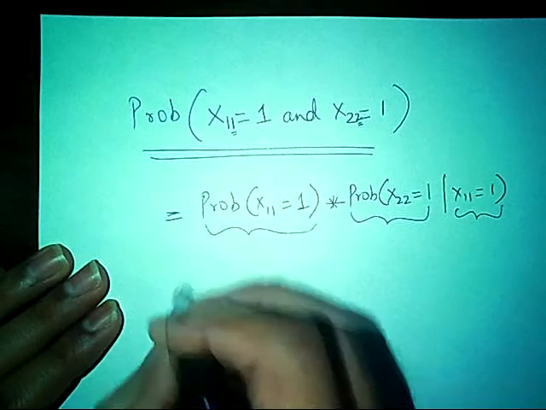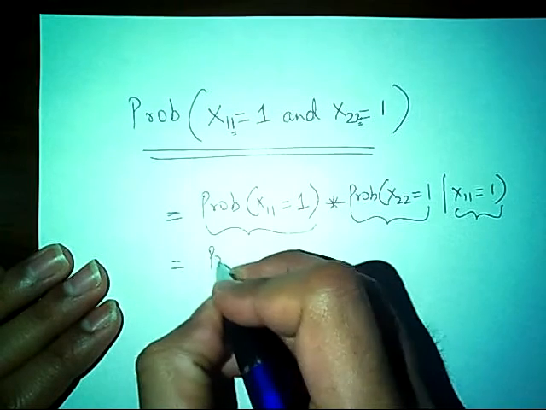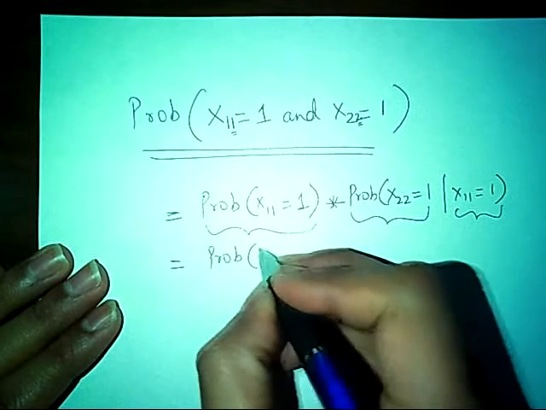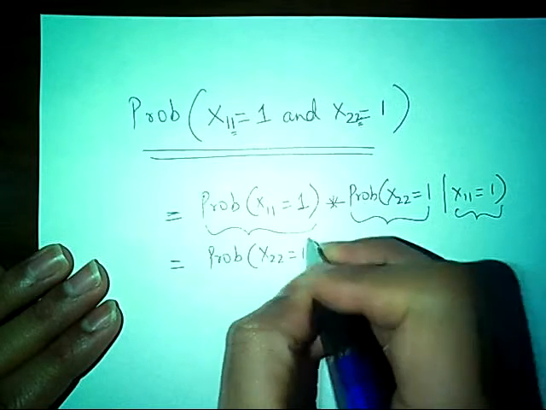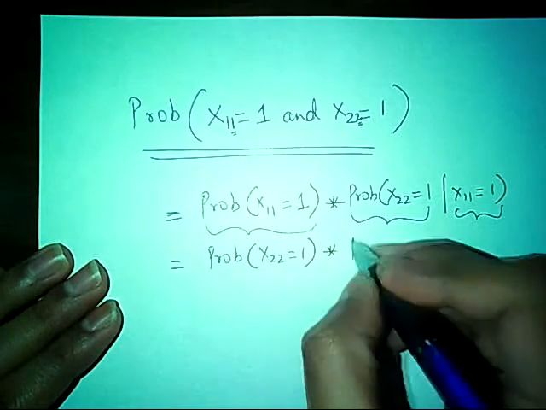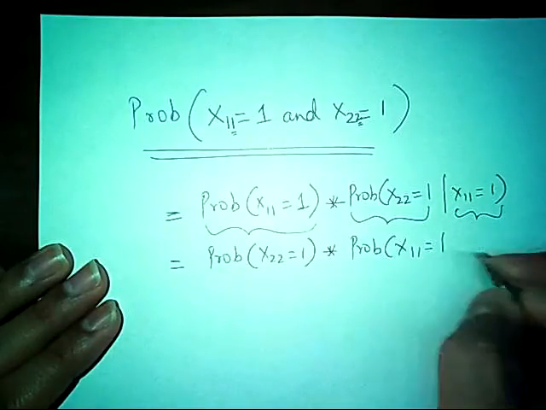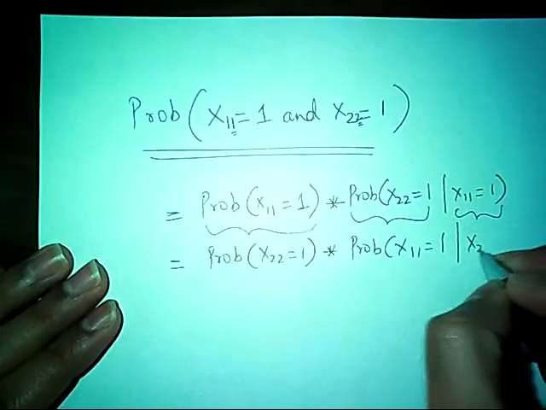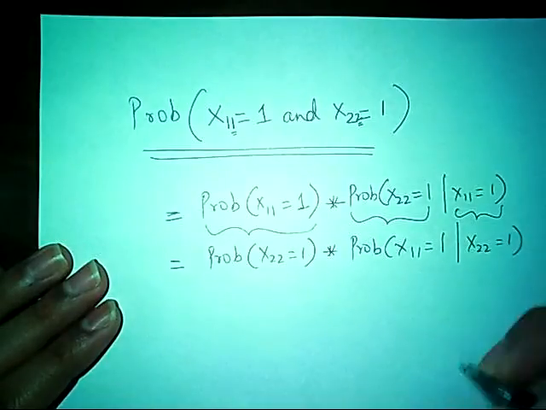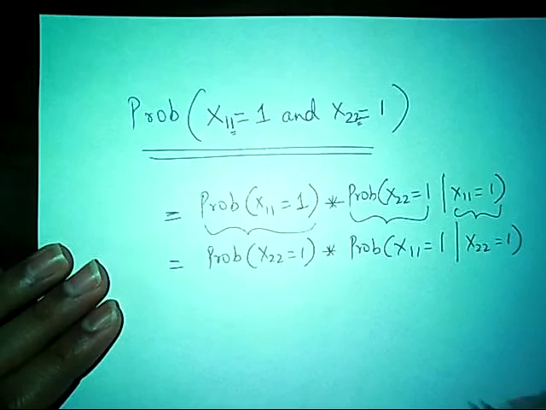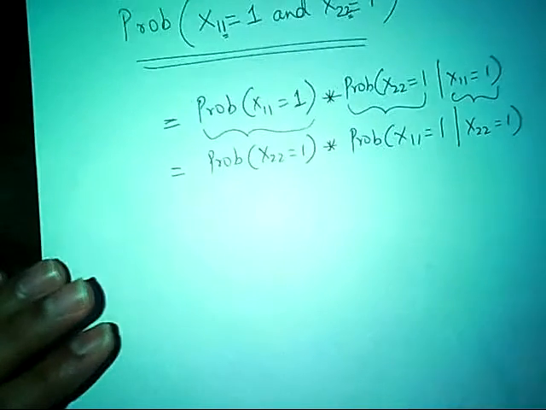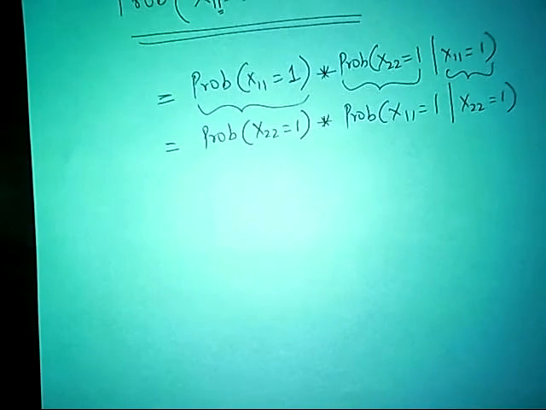As you can see, this is also equal to probability that x22 is 1 multiplied by the probability that x11 would be 1, given that x22 equals 1. So finally,